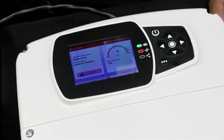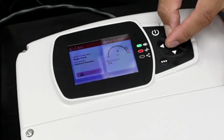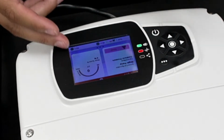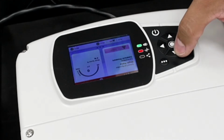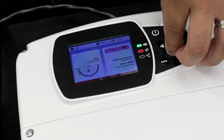So a couple unique features. I'm looking at it upside down so you guys can see it properly. If you hold the enter button and up button simultaneously for several seconds, it will actually flip the screen. So if you are standing on the unit programming it the way I am, now I can see the screen properly to program it. And the up and down buttons switch as well. So this would now be up for me and down for me. But now to switch it back so you guys can properly see, I would long press this